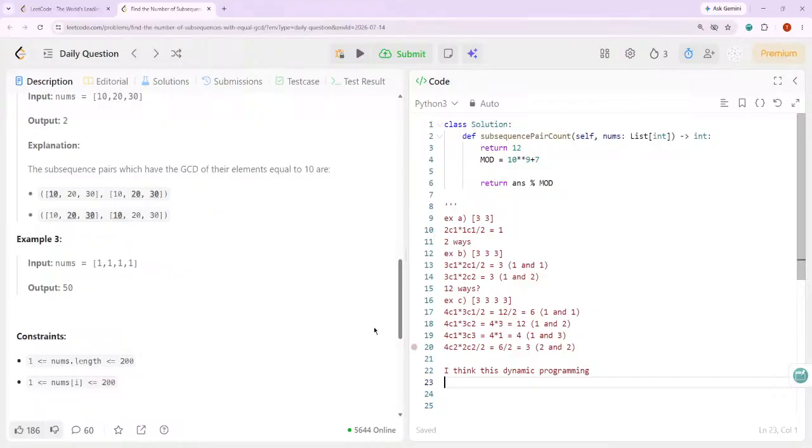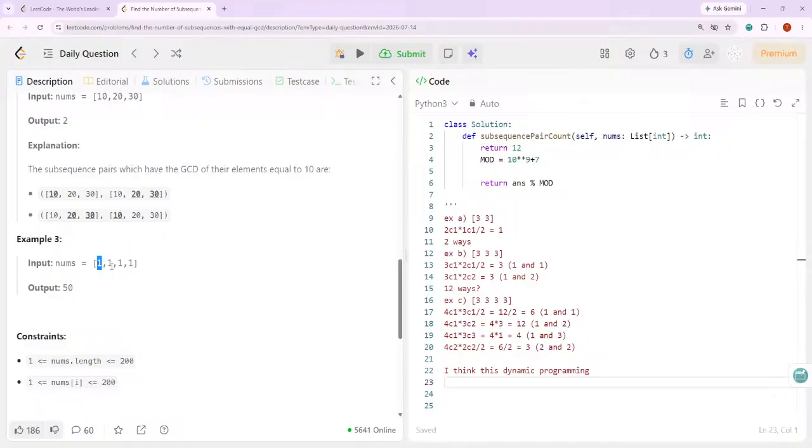So if up to a certain index I had the number of subsequences that used,